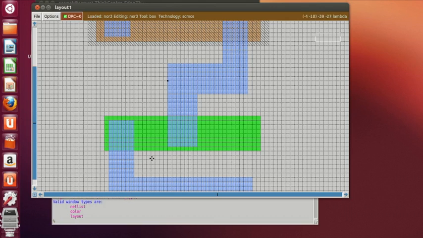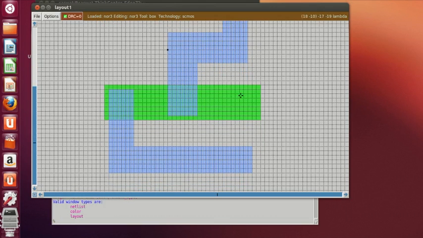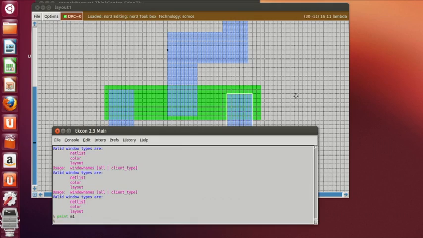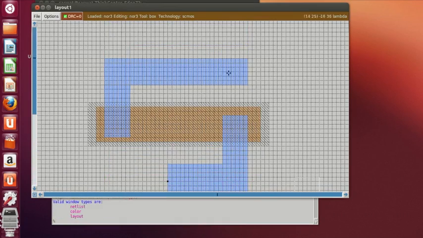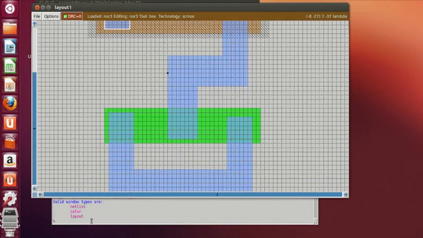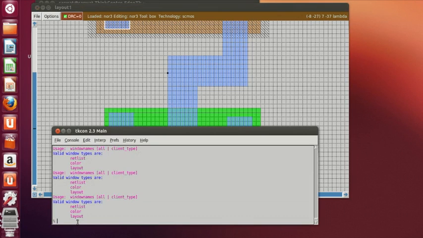Okay, so now select the area, then type paint M1. So now the ground has been shorted. Now put the contacts over here. It will be the P diffusion contact. So type paint PDC,